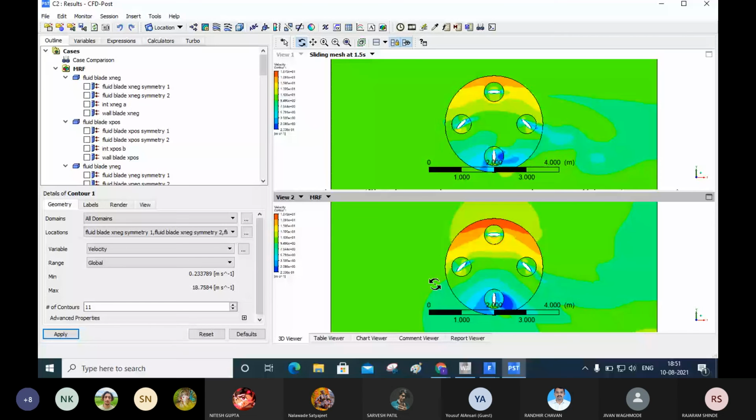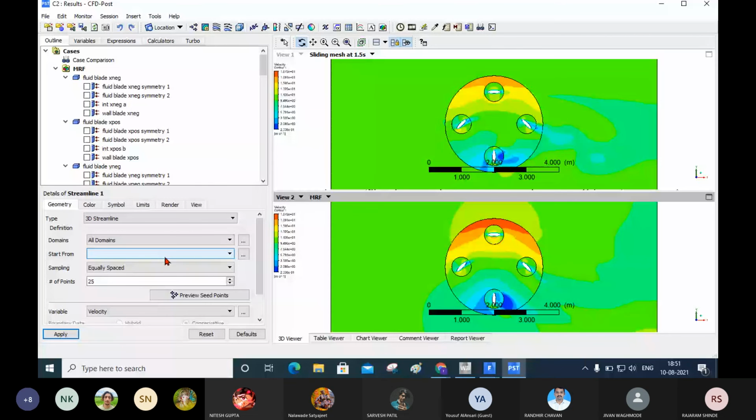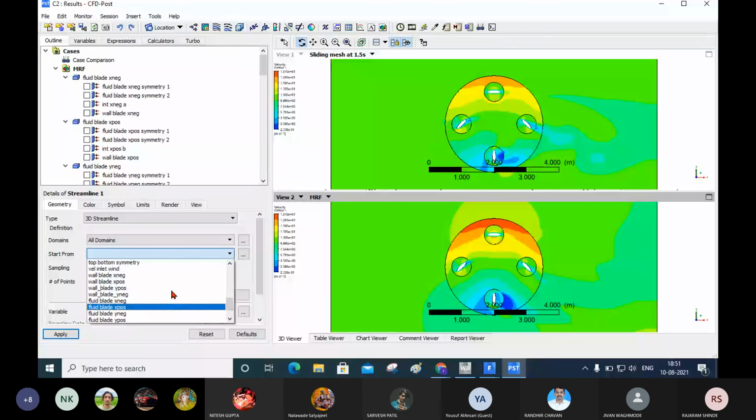Now here you can check the streamlines also, and for streamlines you start from the inlet. Where is the inlet? That was the velocity inlet, right? Velocity inlet wind.